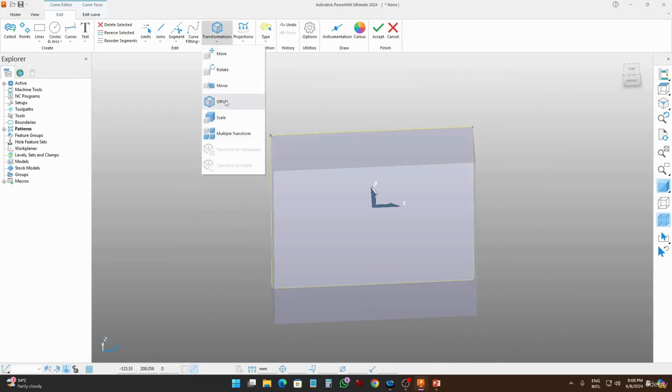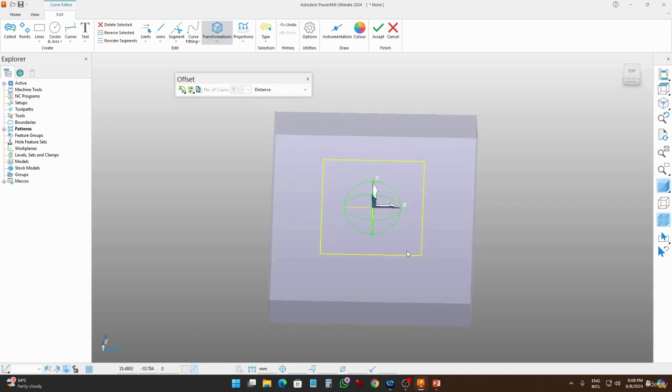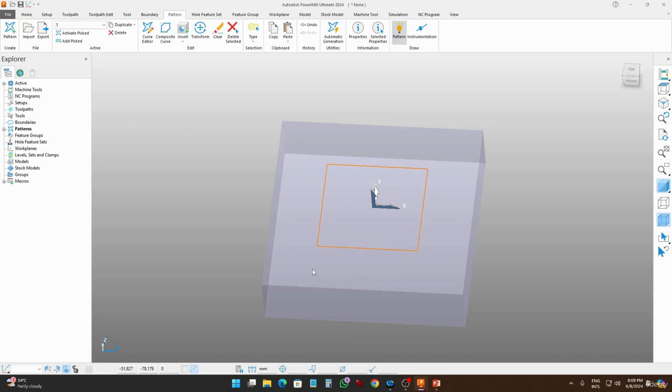Click this, go to offset, and minus 15 millimeters. Okay, so I just create an offset with this command, and I don't need to create a copy. Just move it 15 millimeters inside. Click OK. I just want to create a pocket inside here,